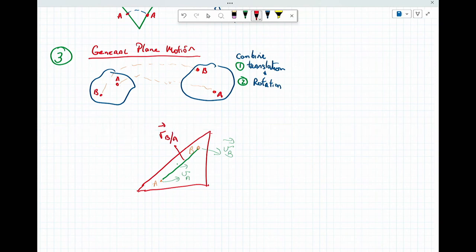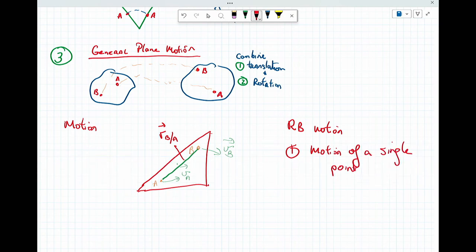with respect to A. So if you remember back in chapter 2, when we were talking about relative velocity, I mentioned that it's not really useful with particles. Here, it is the foundation of everything you're going to end up doing. So this is crucial at this point. So if we go back and we're starting to look at that motion, our goal really for all rigid body motion, and I'll use RB regularly, is one, motion of a single point, and two,